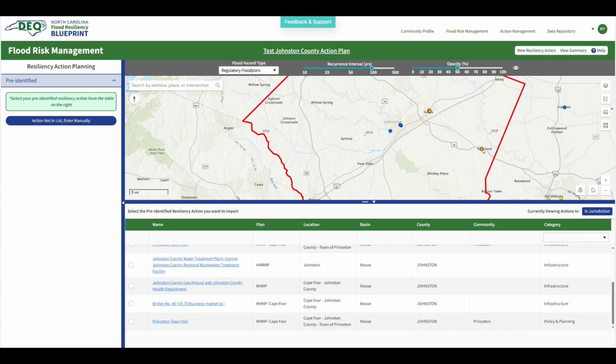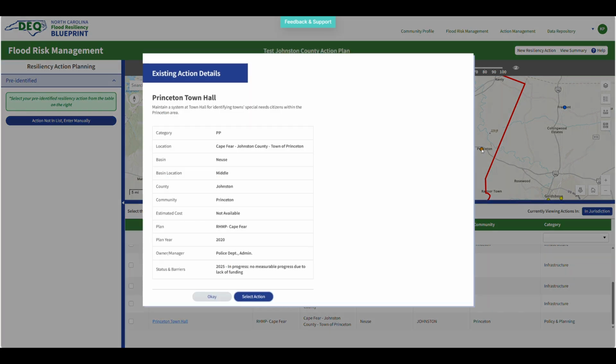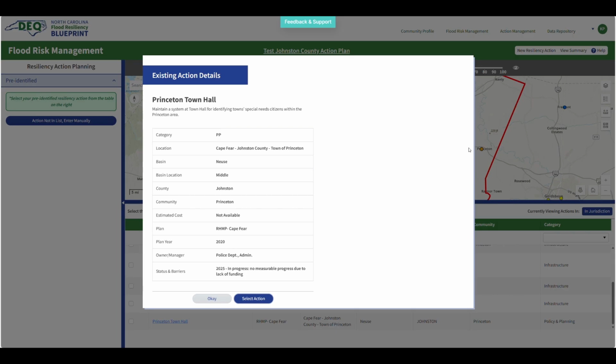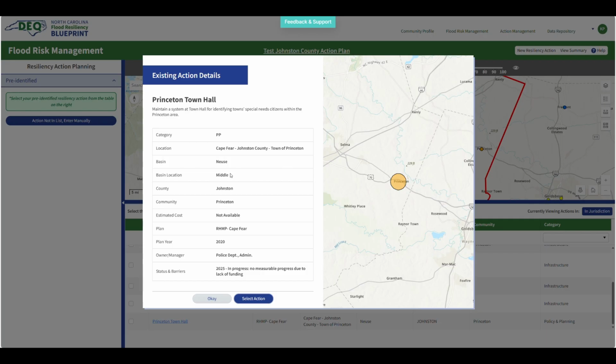To see more details about the pre-identified actions, we can select the action name or select one of the circles on the map, and the tool will provide us with the details on the existing action. We can choose to include that action in the action details pop-up or close out of the window after reviewing